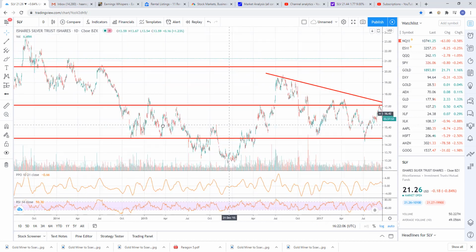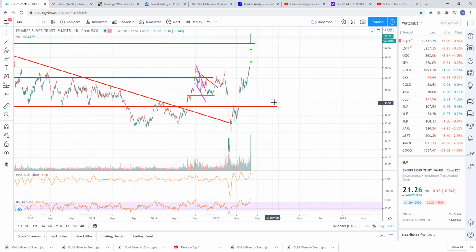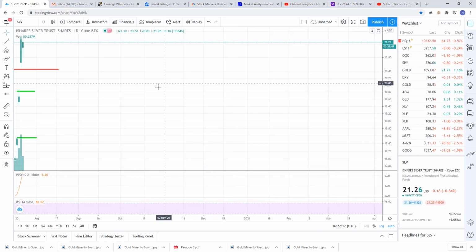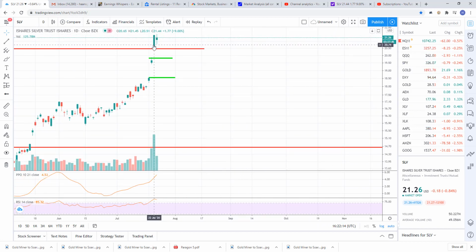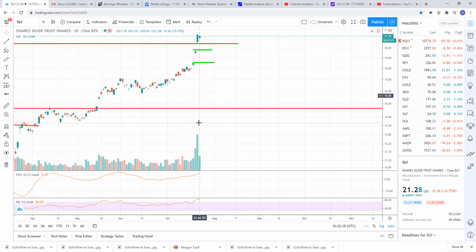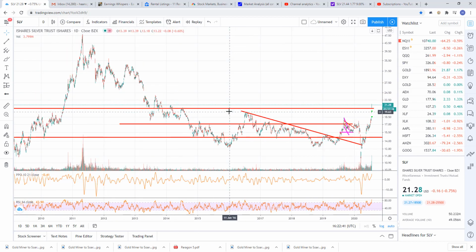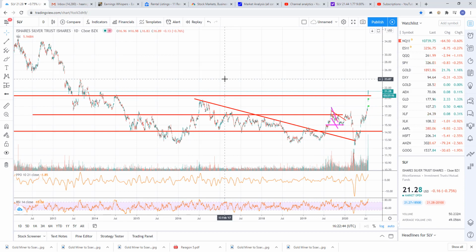If I zoom back out and show you where we're at, you can see that we've just spiked right through it, but there's been no pullback. So spike through it. Let's see how the day closes. If they sell off and it can't really close too much above this, look for one of these gaps to fill, maybe both. On gap fill though, that's probably an objective area to buy it. But again, I don't like to trade silver unless there's something just completely striking. I prefer to trade gold. However, I do own a little bit of silver, not much, but that's physical, just sits in a drawer, nothing major.